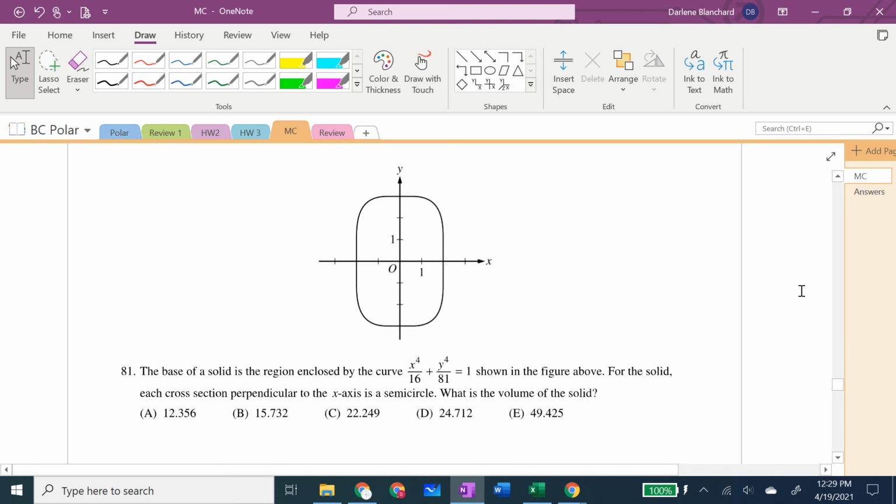AT1. You have a calculator. Here we go. So you have each cross-section perpendicular to the x-axis is a semicircle. When you have cross-sectional volume, you have either perpendicular to the x-axis or perpendicular to the y-axis. This is perpendicular to the x-axis, so I'm going to draw what that means, and then realize that that is